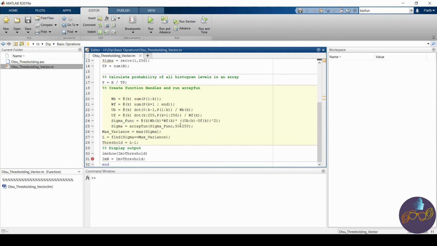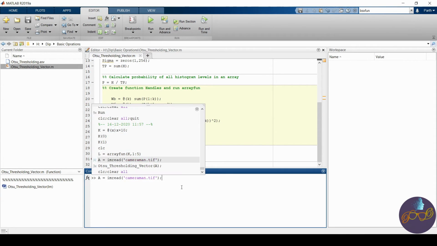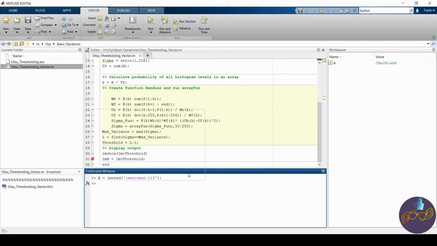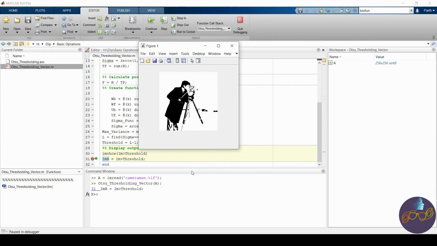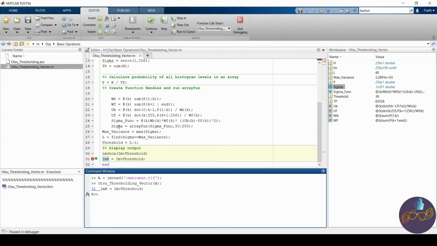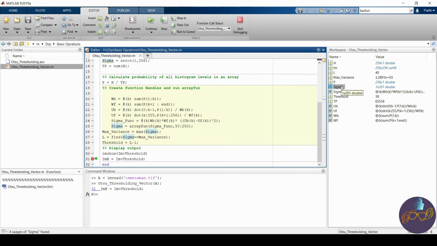Okay, there is a correction here. Let me run it once again. Now you see, the sigma consists of only 201 values, and we are finding the location of its maximum variance. But this is not the right way.